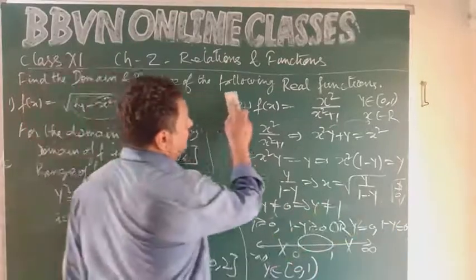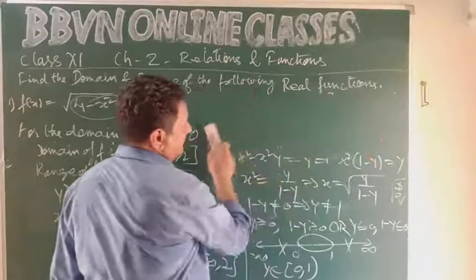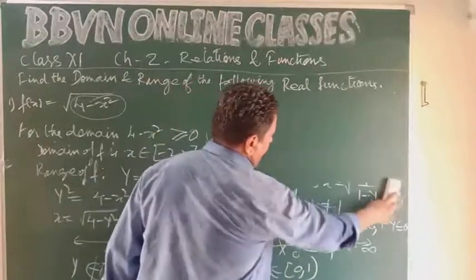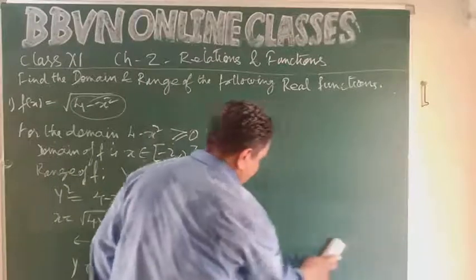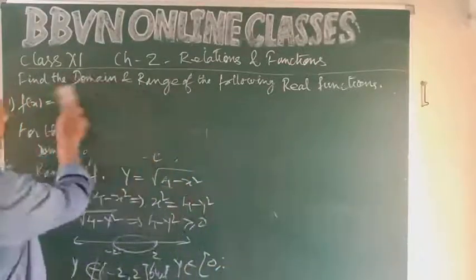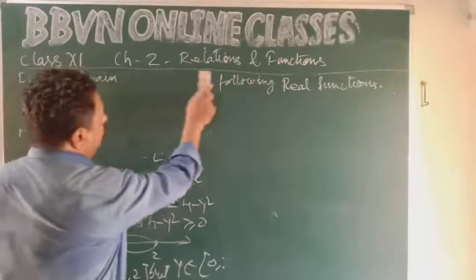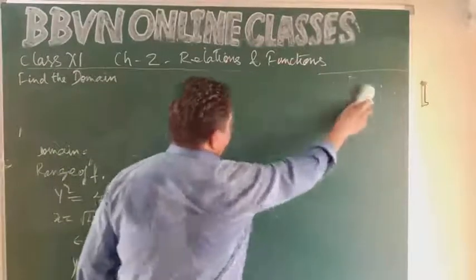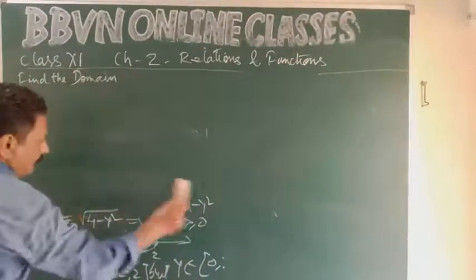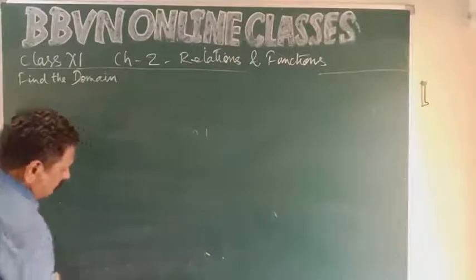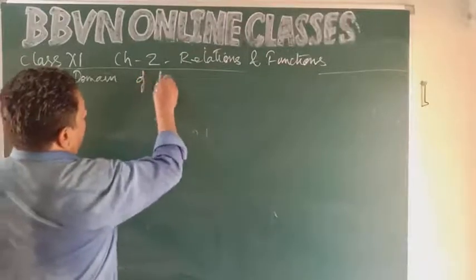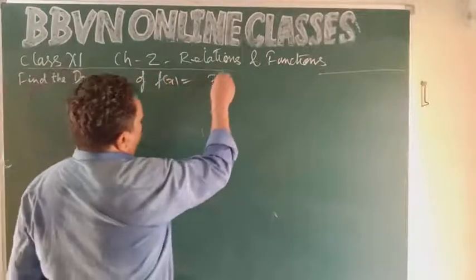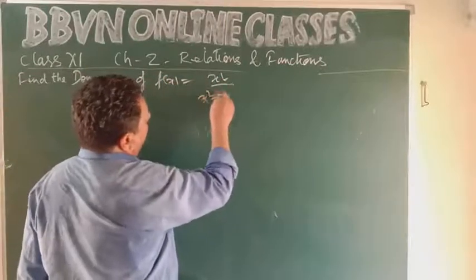ऐसा भी होता है बच्चों कि हमसे ये पूछा जा सकता है क्वेश्चन में. This was about domain and range. You may also be asked just to find the domain of the function. Find the domain of the function. Suppose the question is find the domain of f of x equal to x square upon x square minus x